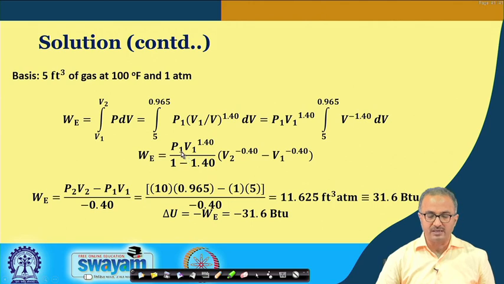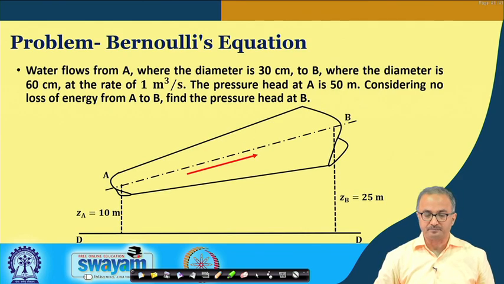Now, please note here that in converting this to this particular value, we are again using the expression that P1 V1 to the power 1.4 is equal to P2 V2 to the power 1.4. So, when we are multiplying this term with this term, we are replacing this P1 V1 by P2 V2, so that we are getting this expression, and for multiplying this by this term, we are not changing anything here. So, we are getting P1 V1. With this knowledge, we are able to find out the work done, and this will give us the change in the internal energy of the system.